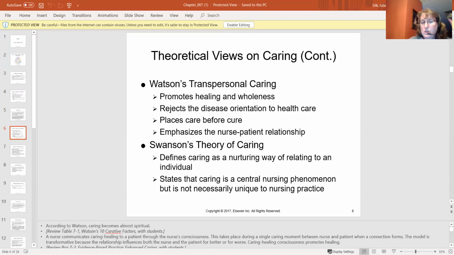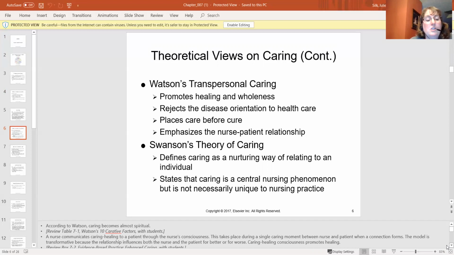So then this gets into Watson. According to Watson, caring becomes almost spiritual. A nurse communicates caring and healing to a patient through their consciousness. This takes place during a single caring moment because nurse and patient have a connection that forms. The model is